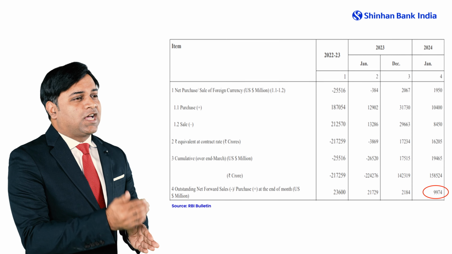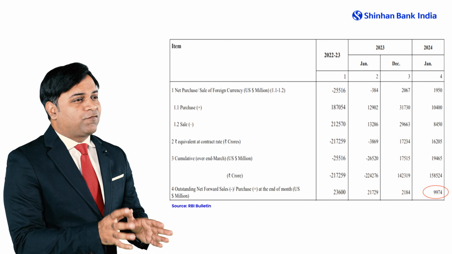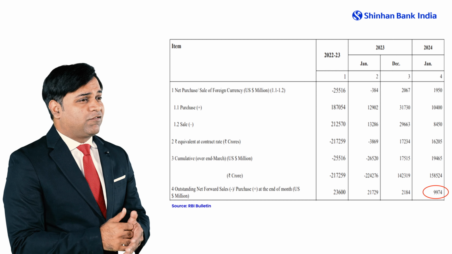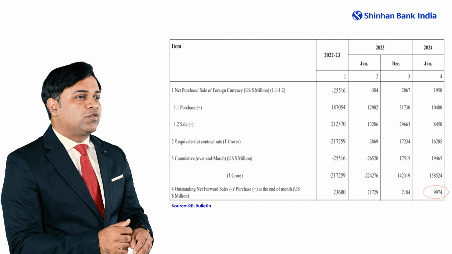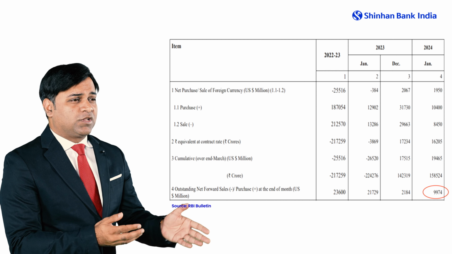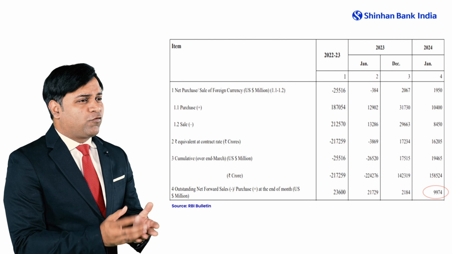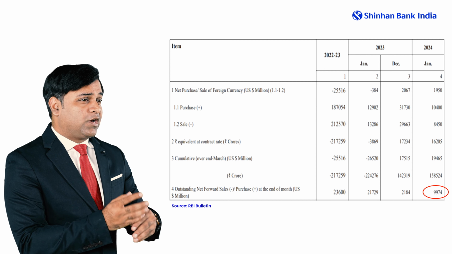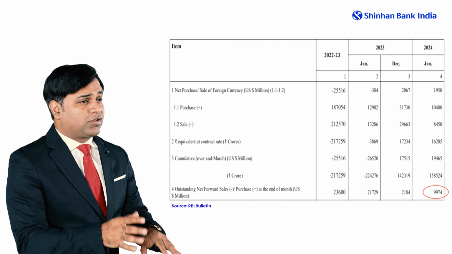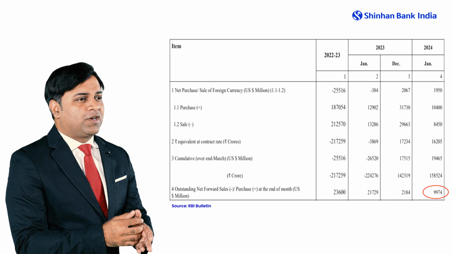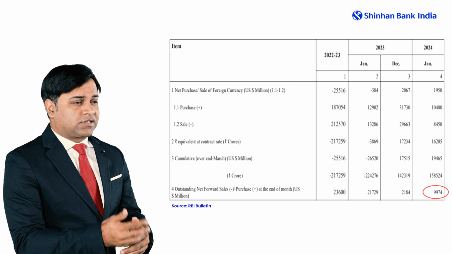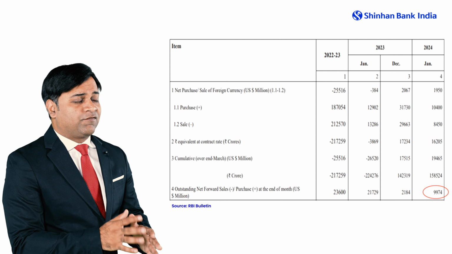Now, if you also see the RBI bulletin for the forwards report, net forward outstanding as on Jan 31st, 2024 is around $9.97 billion. Also, if we break this down to the gross purchases and gross sales, the FX gross purchases for the month of January had been around $10.45 billion, which was around $31 billion last time. And if we also talk about the FX sales for the month of January, it's around $8.45 billion, which was around $29 billion in the month of December. So net, there are still purchases by RBI to the tune of $1.95 billion.